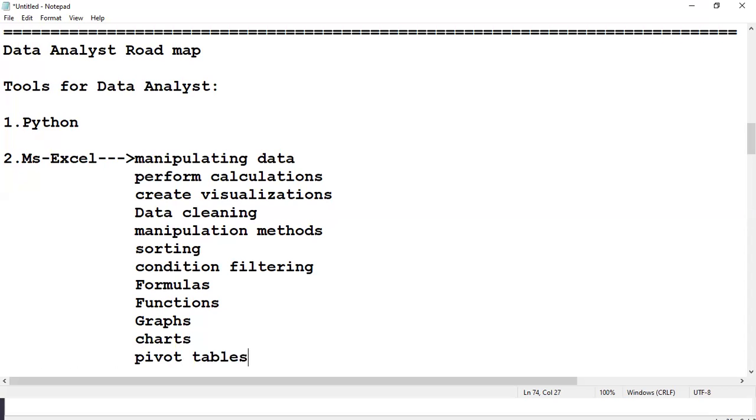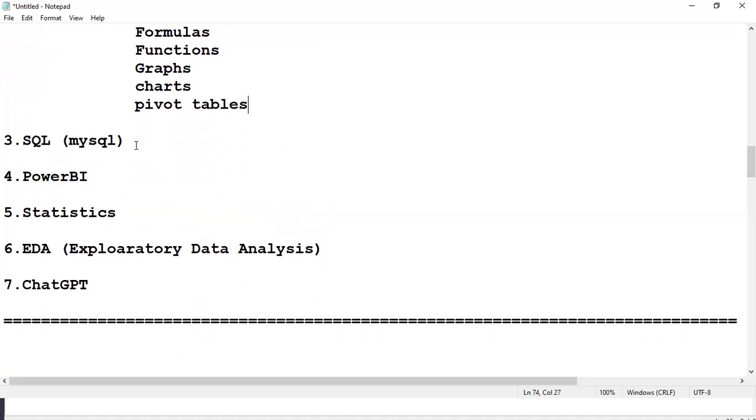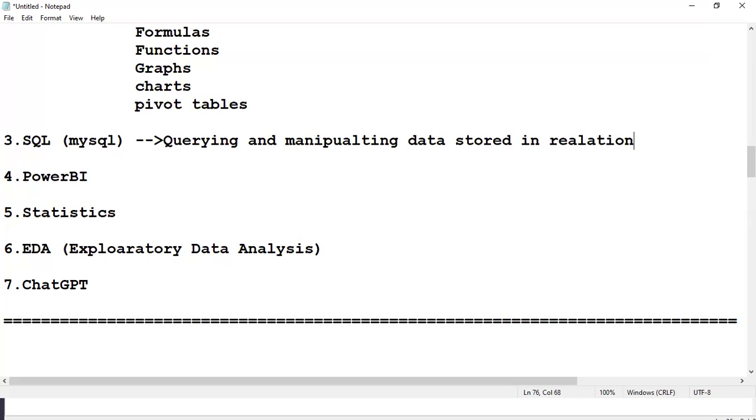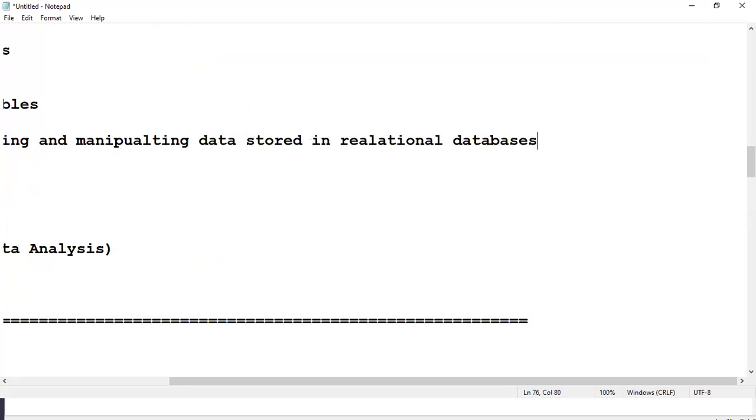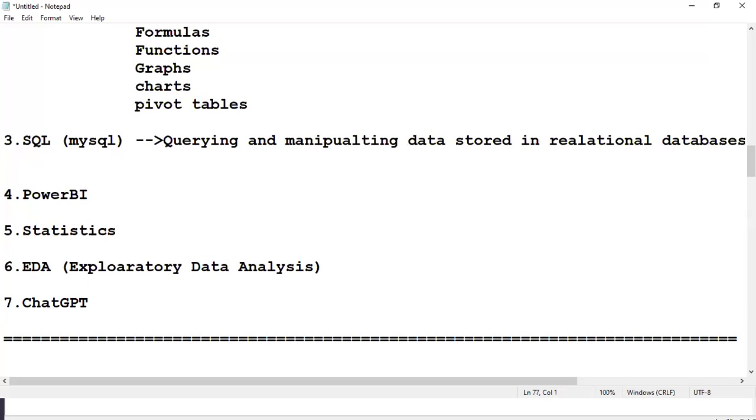And also SQL, MySQL. SQL is a language followed by all the databases, for querying and manipulating data stored in relational databases.